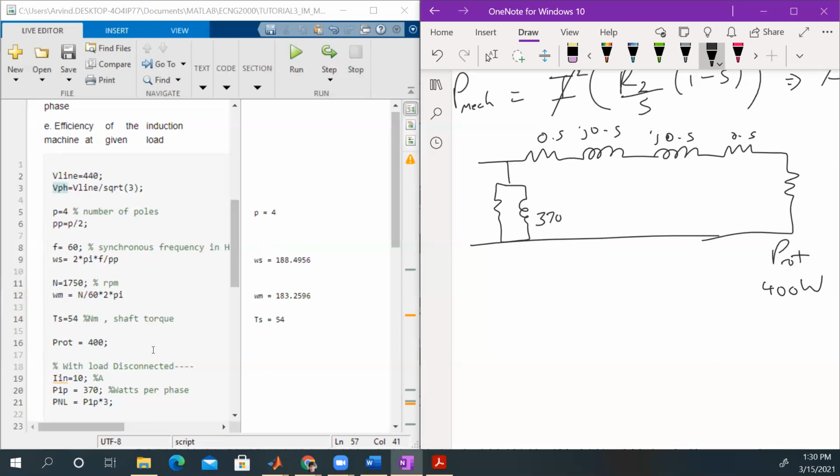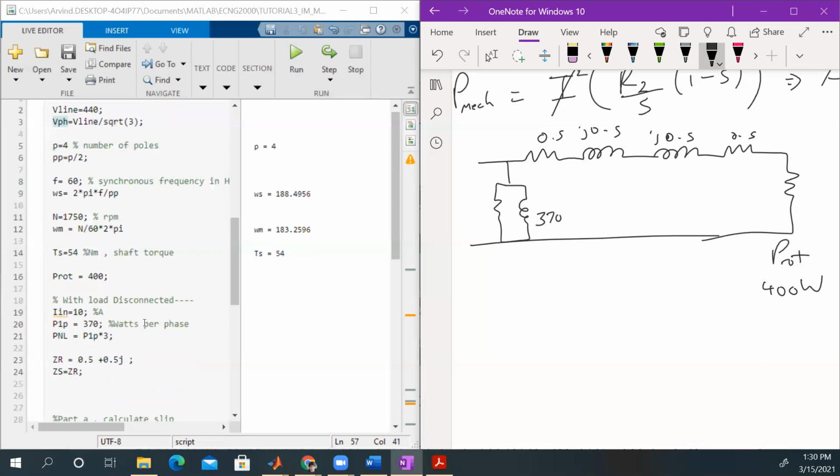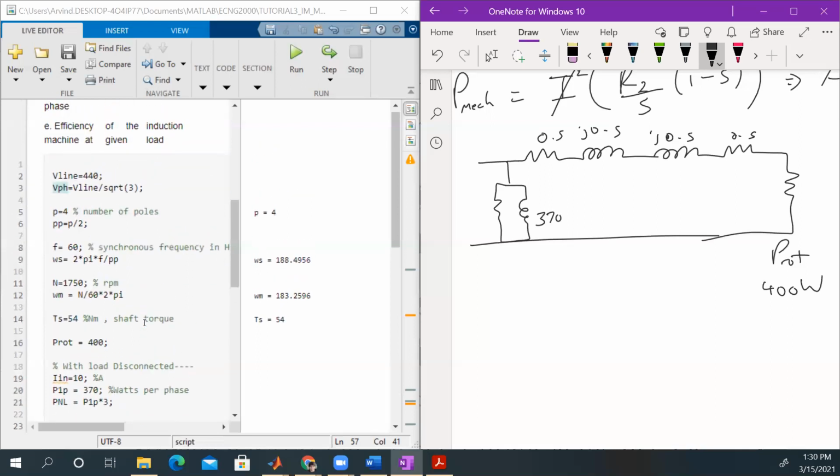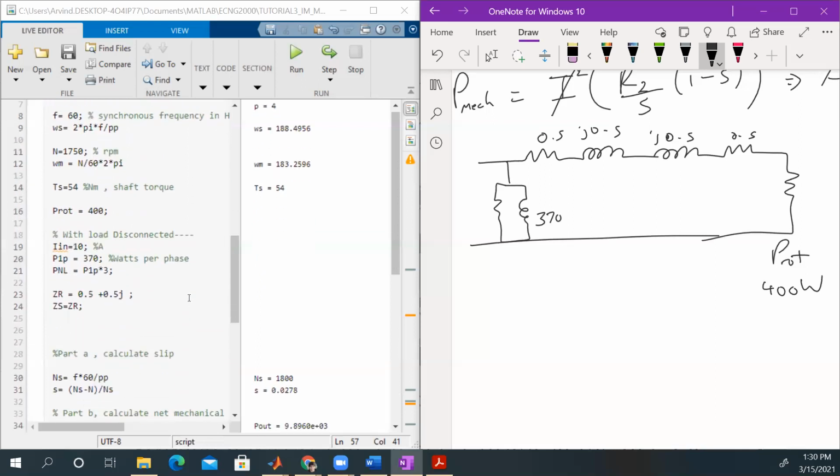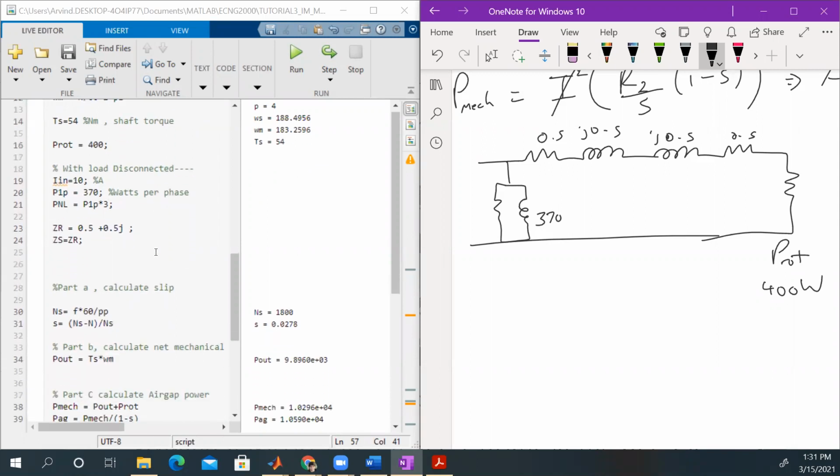Our torque, rotational losses, right. And then we have these things for when the load is disconnected. So of course that would be when the load is disconnected, you would get the sort of no load power, right? So here we have